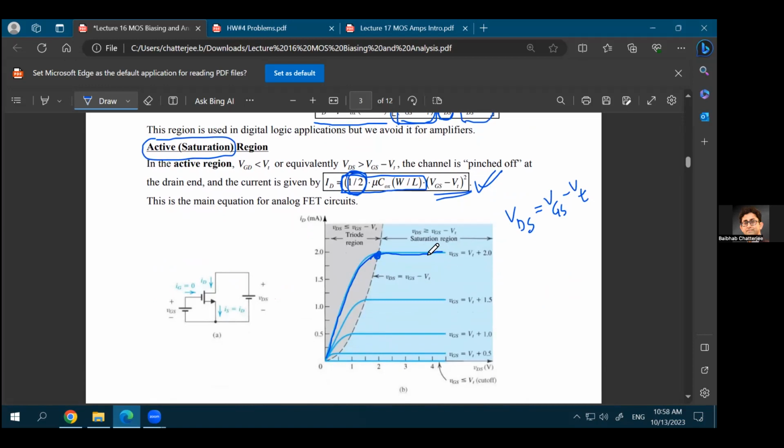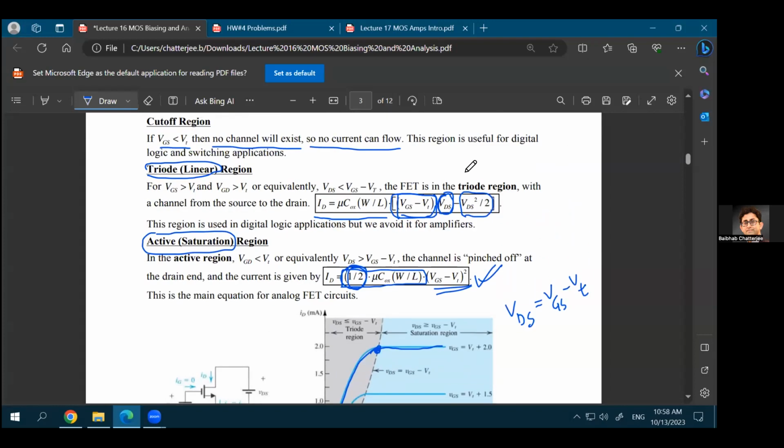Questions? For the lab, which question are you referring to? Because for the lab, there could be a linear region, there could be a saturation region. I'm not sure which exact question you're referring to, but